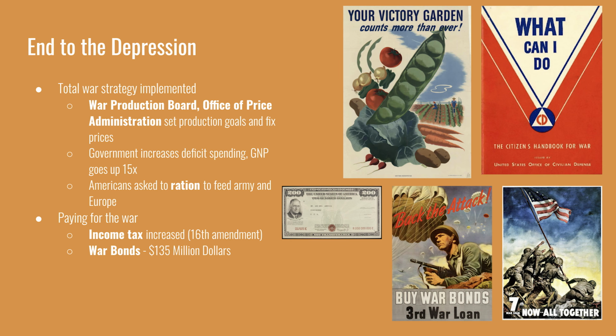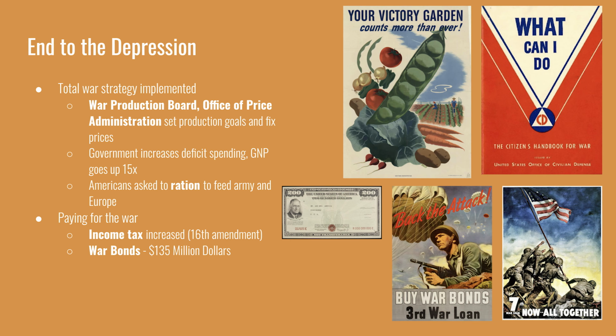But during the war, Americans were asked to ration in order to feed the army and Europe. Rationing extended to a variety of goods, whether they be food or consumer goods like nylon and textiles. Everyone had a set amount of each good that they could buy that they kept track of through a ration book. The textiles were used for military uniforms, and the synthetic fabrics like polyester and nylon, which had been used in women's hose, were now used for parachutes.